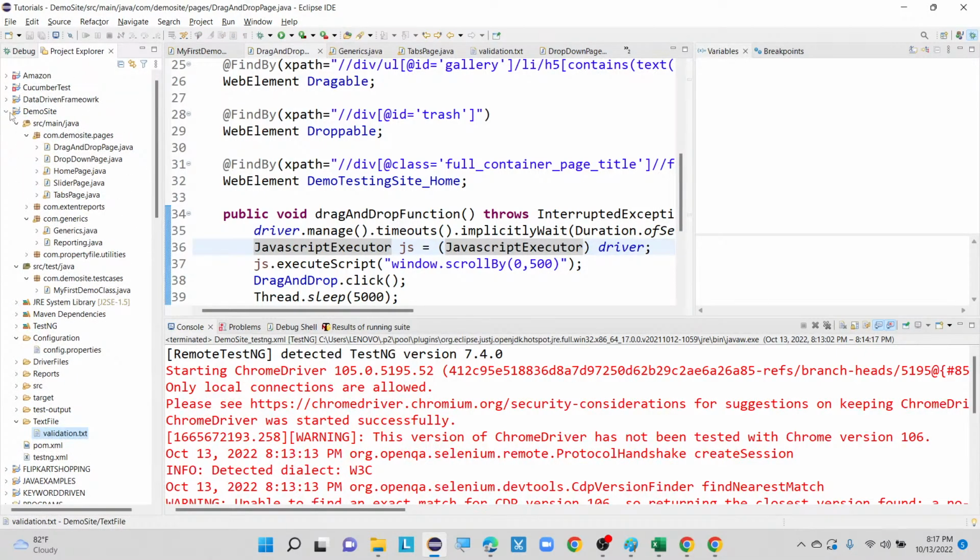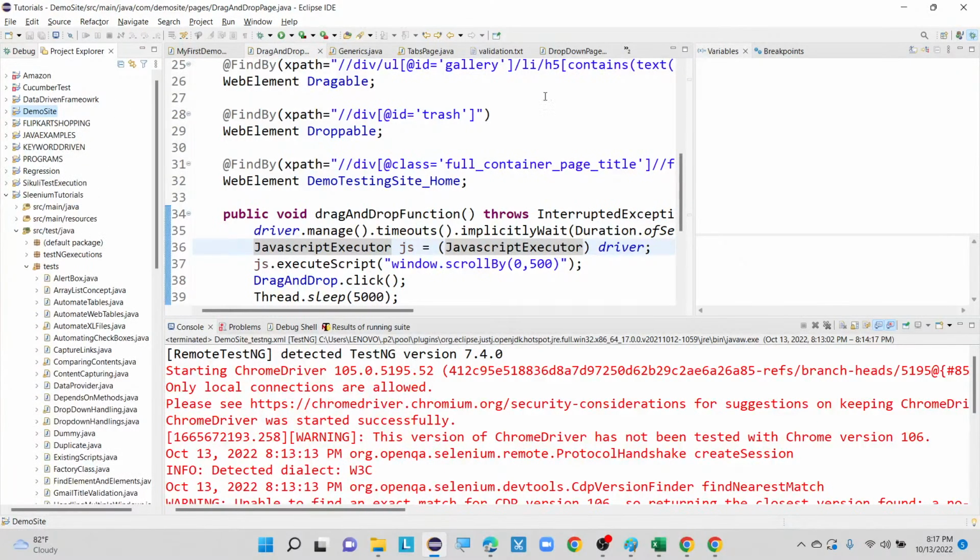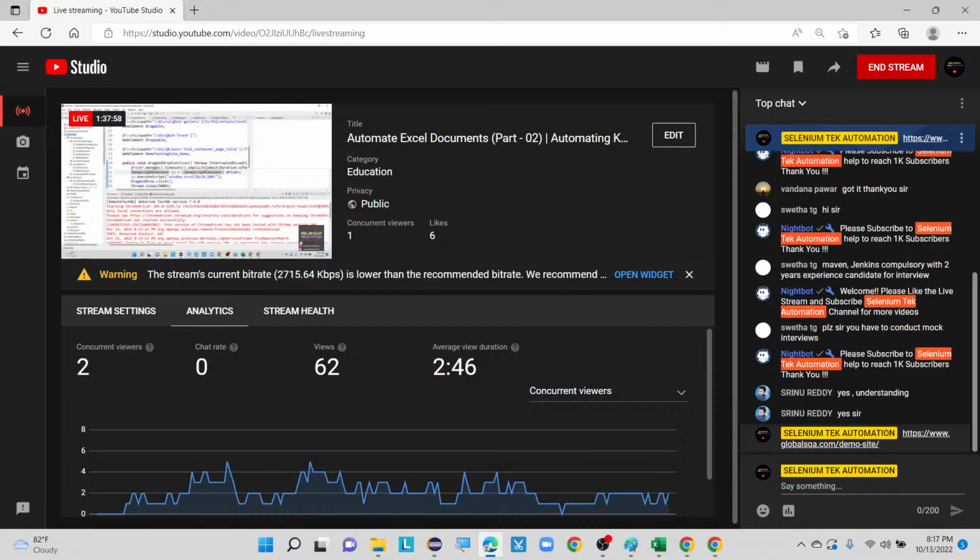It is a kind of page object model what I have shown you just now, that drag and drop operation. Okay, you can also practice from your end. That URL I have already pinged in the live chat here. You can see I have pinged